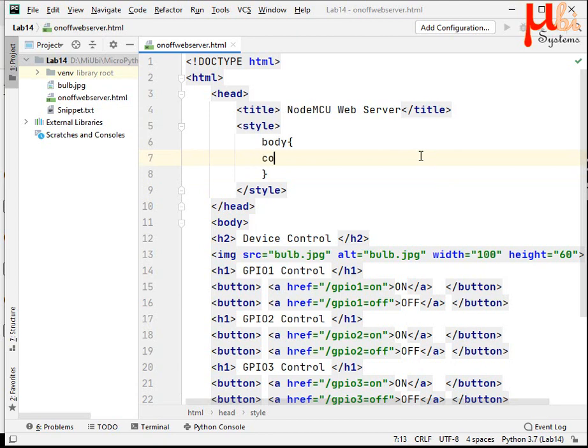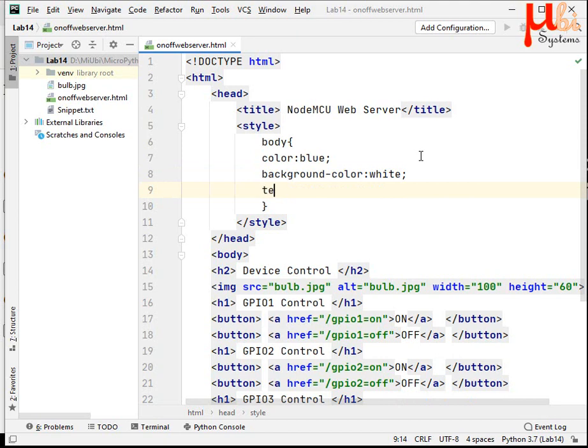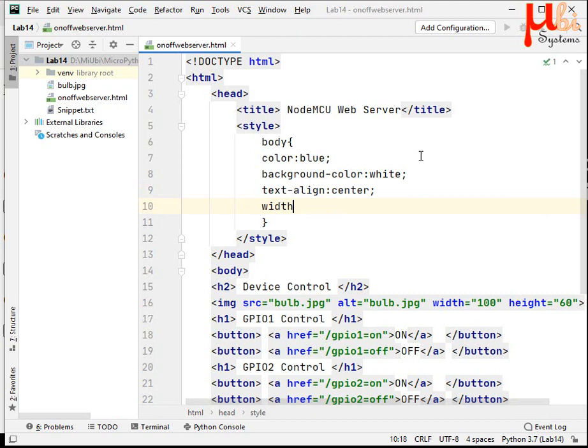So my body style, I want to make it colored blue, and background color being white, no change. It should be ending with a semicolon, or else it won't make any sense. The code will be misbehaving. And I want to align complete text to center, and I wish to maintain the width being 100%, not a shrunk one, complete width. Let me just save it and see what happens.